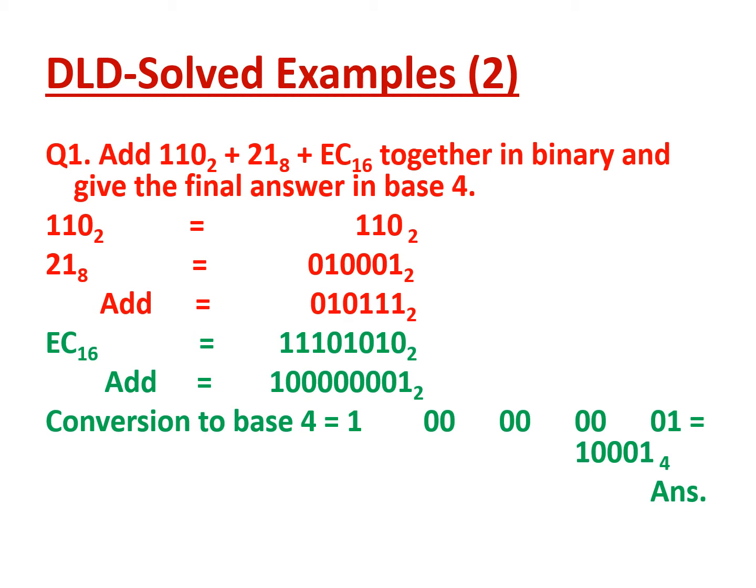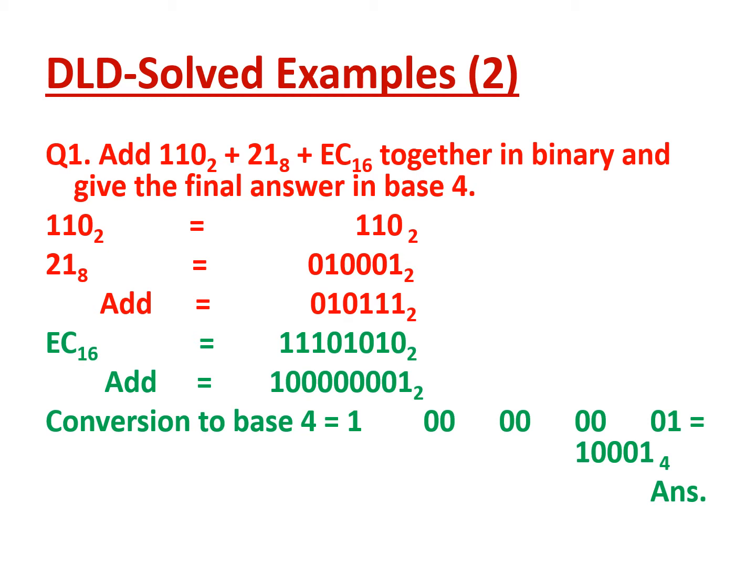Now we add them up, because computers, as I told you earlier, add two numbers at a time. Unlike human beings, who can add up, subtract or divide, say, 10 numbers at a time, the computer only adds up two numbers at a time. Okay. Now when we add, the result will be 010 111 to the base 2.